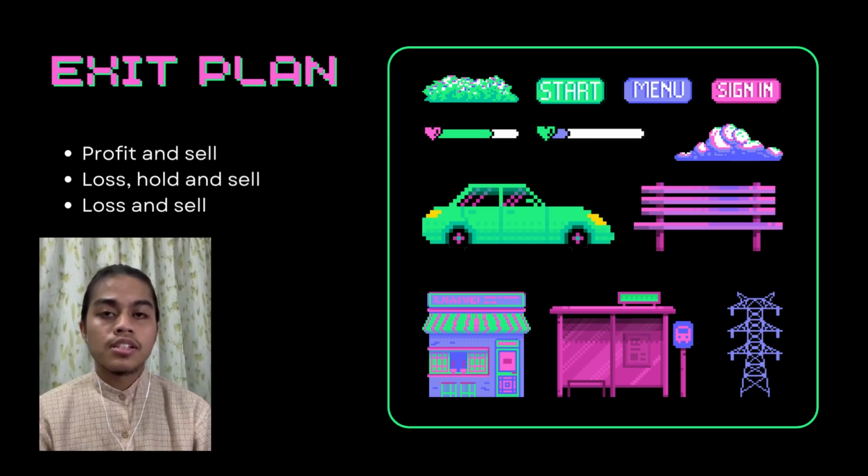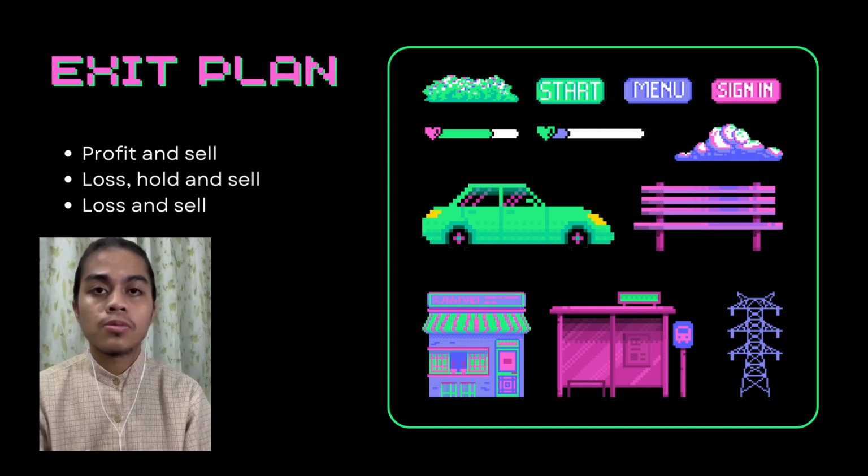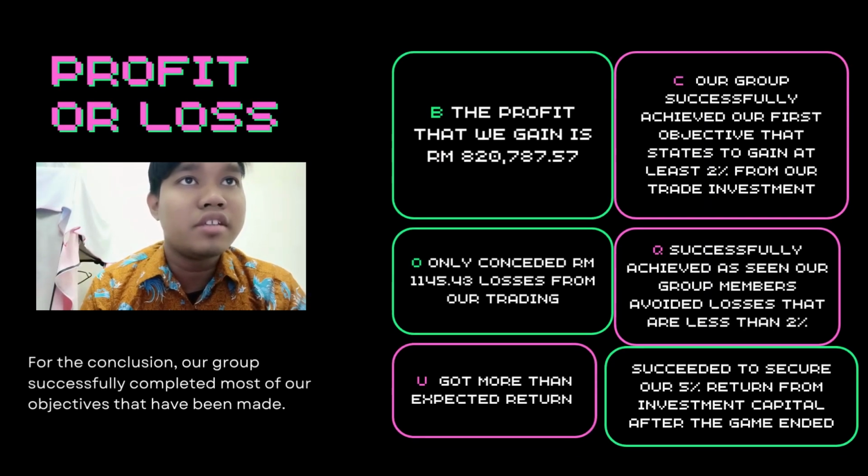Exit plan strategy is implemented when we have achieved the goals or exceeded the targets after investing the money in the stock market. Many of us exit the investment when the stock price rises and sell immediately to get the profit. But in terms of loss, we hold fast if we believe the price will rise. But if we believe the price is going to fall, we sell immediately to minimize the losses. For profit and loss, the profit we gain is